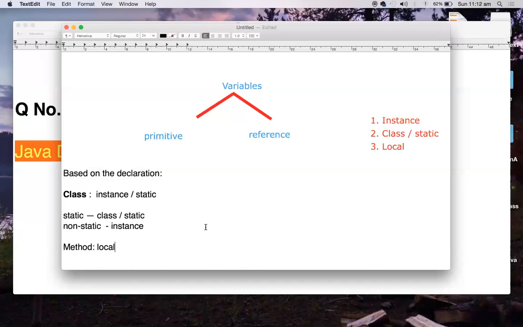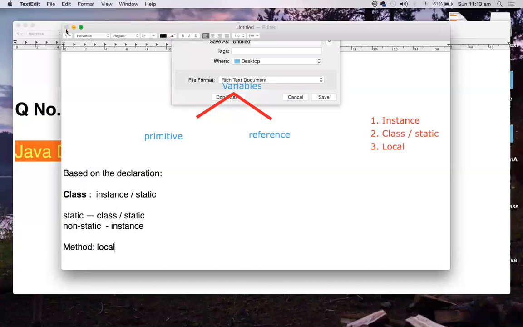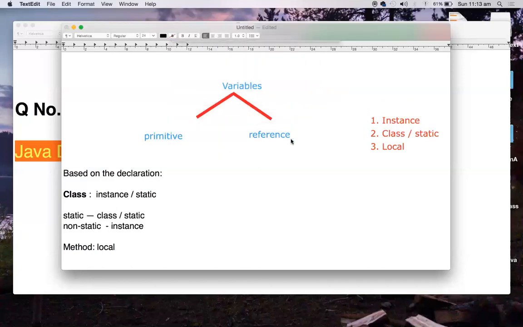If a variable is declared inside a class without any static keyword, then it is non-static, which is also called an instance variable. If variables are declared inside a method, then they are called local variables. Hope things are clear. So let me go back to my program and explain all these things